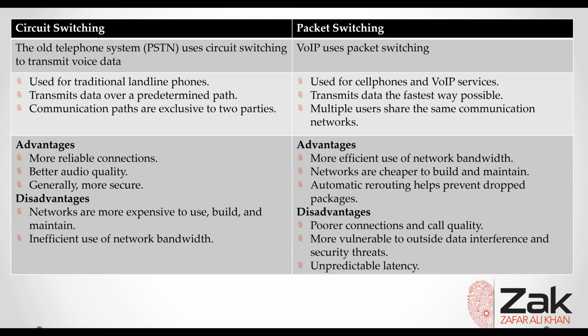So advantages of packet switching are more efficient use of the network bandwidth. Networks are cheaper to build and maintain. Automatic rerouting helps prevent drop packets. Whereas disadvantages are poor connections and call quality, more vulnerable to outside data interference and security threats, unpredictable latency. Latency is the time the system takes before the actual data starts transferring. Now, let's discuss pros and cons in greater detail